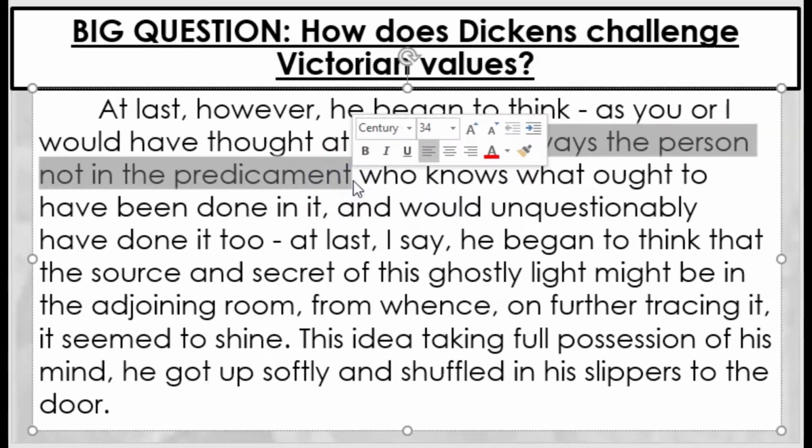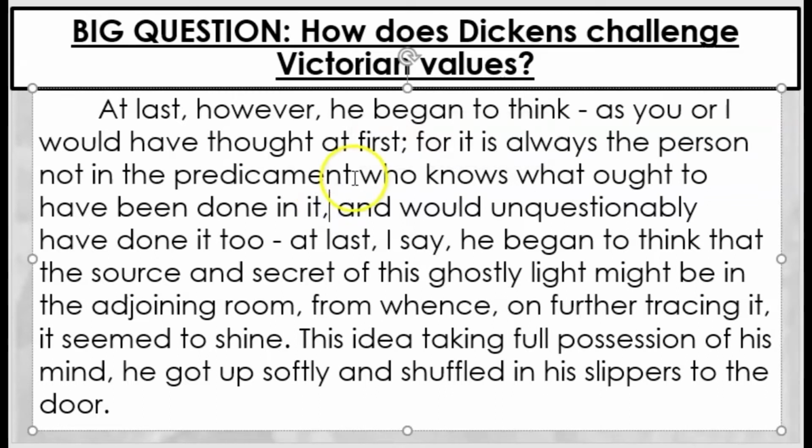It's this idea of, oh, if that happened to me, I'd do this or I'd do that. And the narrator's making a joke about it, that we might be able to criticize Scrooge for his panic, but if we're in that situation, really, would we know what to do? Who knows? But nevertheless, he realizes that the adjoining room, which means the next door room, is the source of the light, and so he goes to investigate and find out what's going on.